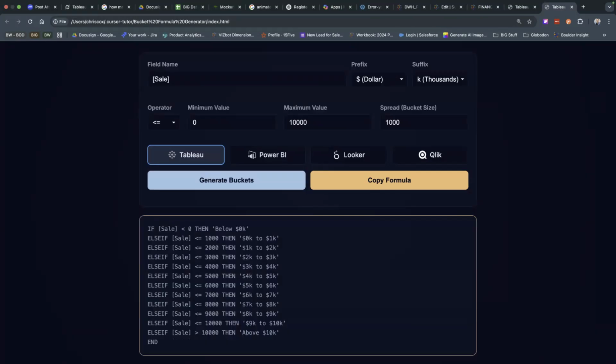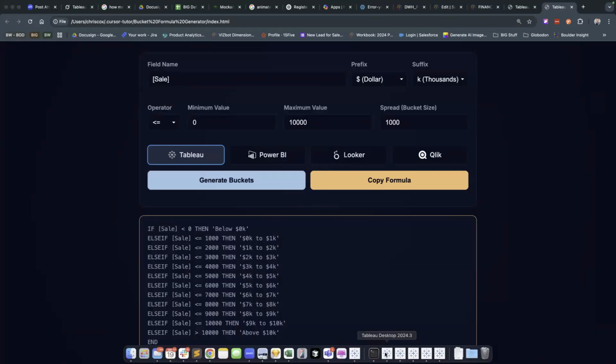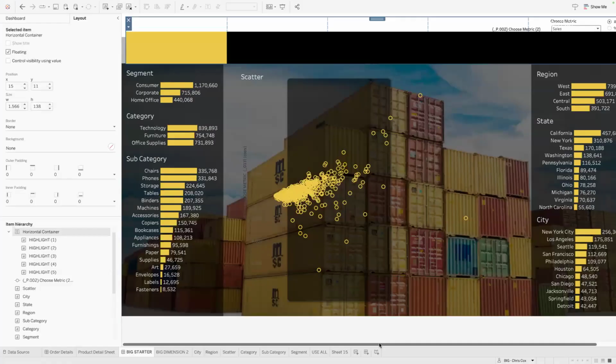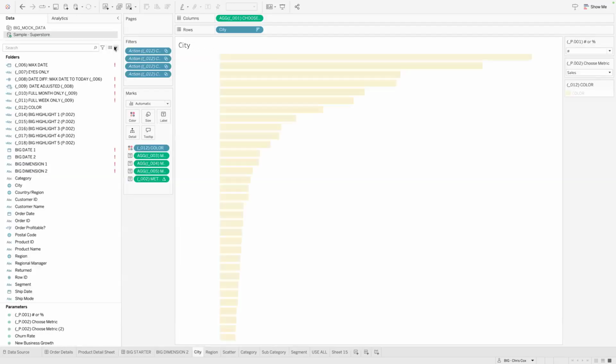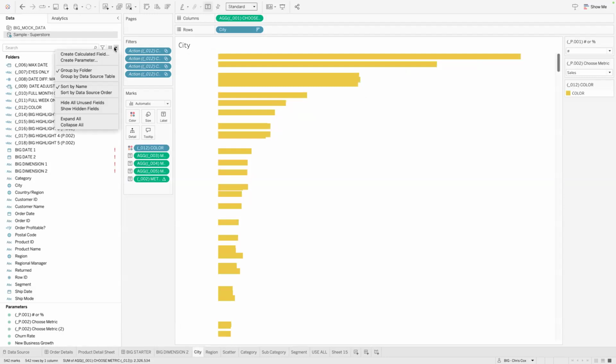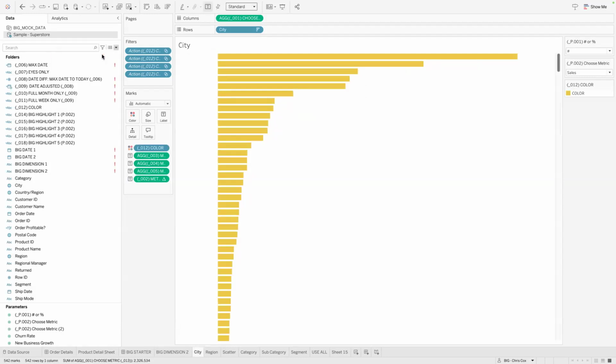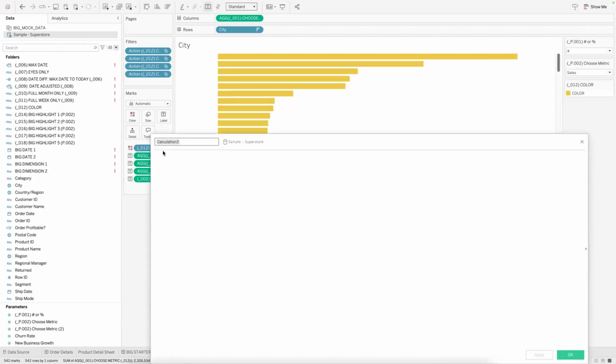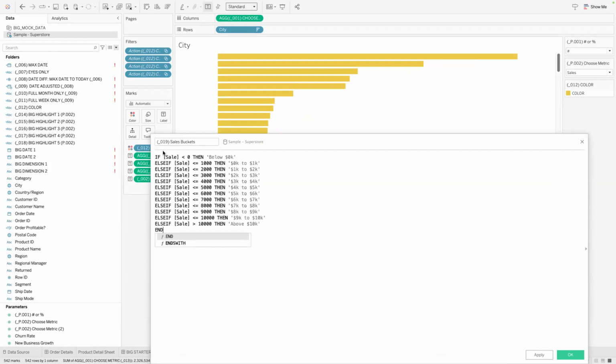I copy that and go back into Tableau, and now I can create that same thing as a new formula. If I want to create a new field, I think I'm on number 19. So, sales buckets, and just paste.